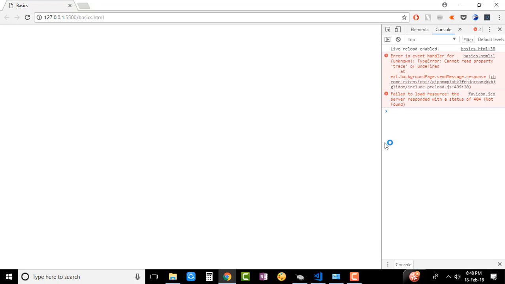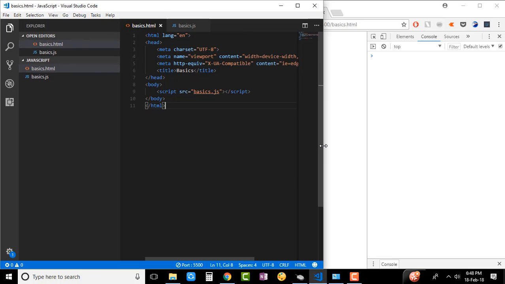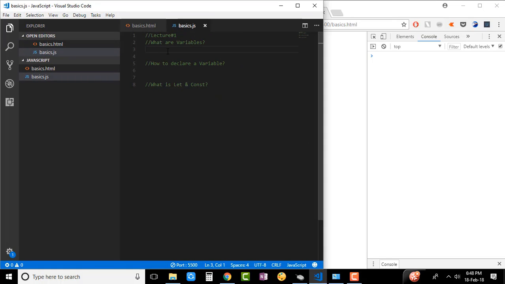and open the developer tools so that you can see the changes immediately. So let's see what are variables first. Variables are nothing but a container that is used to store a value. So we can write something as a container used to store values. Okay,